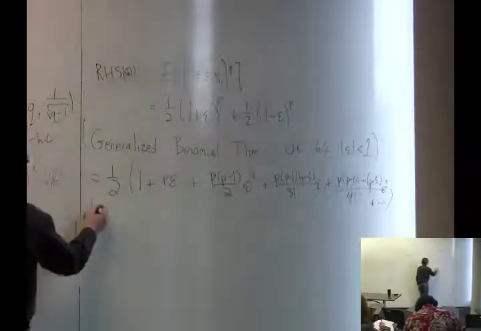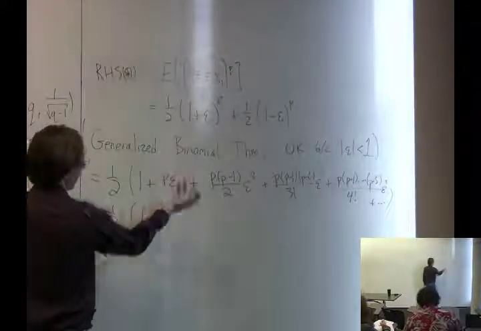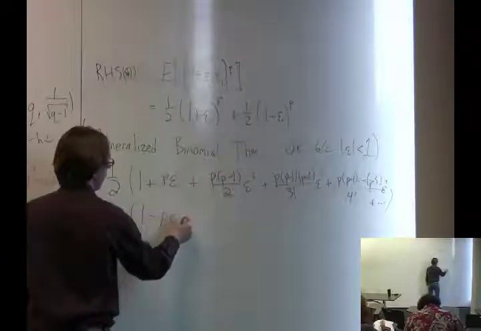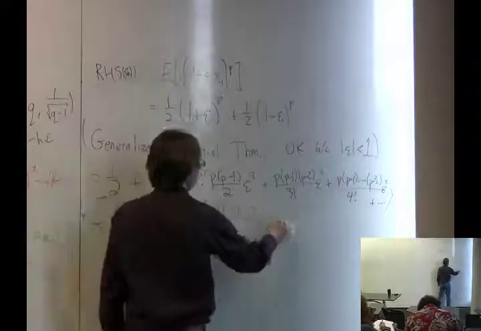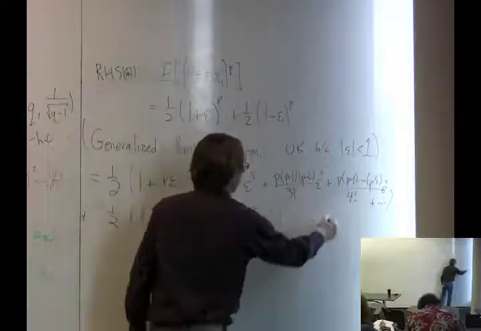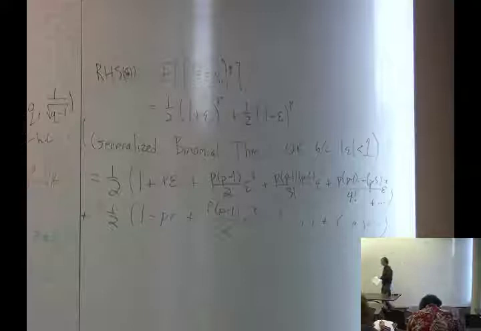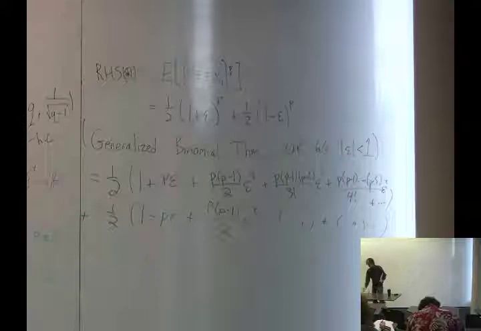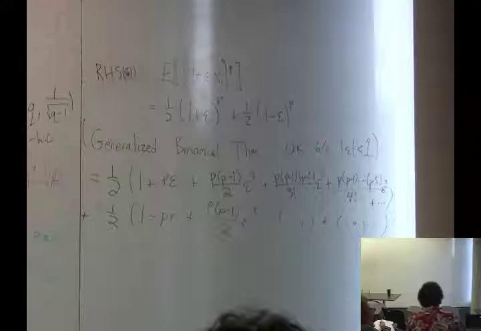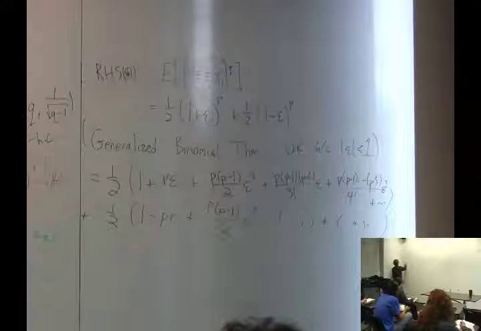OK, and then I have a similar thing, but just with negative epsilon. So replace epsilon by minus epsilon: 1 minus p epsilon. This will still be plus. And then this will be minus. This will be plus. OK, and you see that we're just averaging these two series. And when we do that, all the odd powers of epsilon will cancel. OK, so in fact, the right-hand side is literally equal to